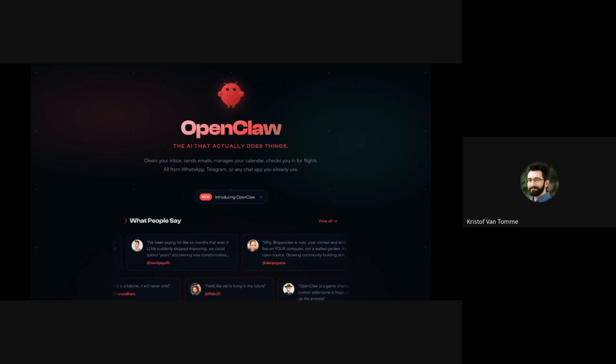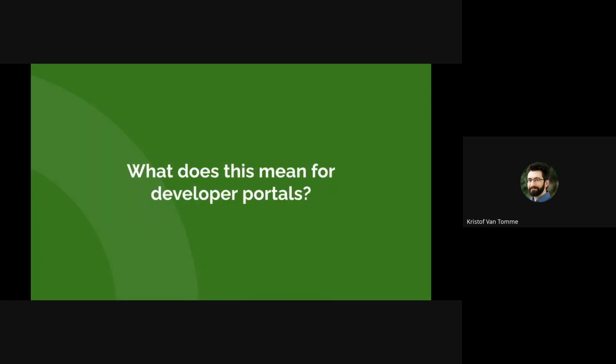And then there was a bunch of security issues, but it's all happening so very, very fast that it's just really hard to keep up and also to decide which of these technologies, which of these protocols, you should be offering to your customers right now. And because of that, it's tricky to decide how developer portals need to evolve. There's a couple of trends. For example, if we want to enable agentic API consumption,